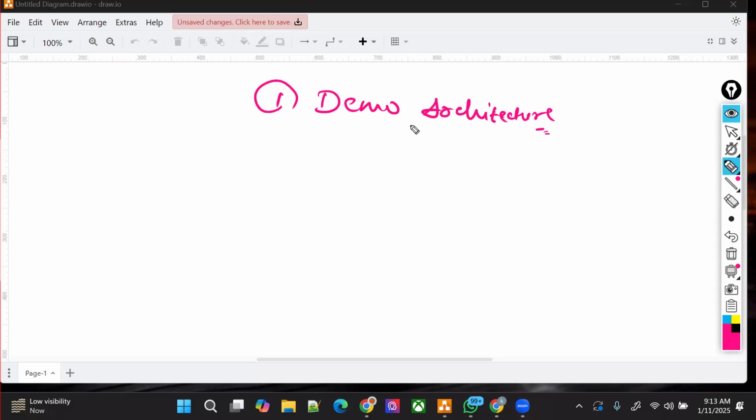That demo architecture I was talking about is the same architecture which I implemented in one of my organizations. It's not just a demo, it's a real world scenario. I implemented the same architecture in the real world, and it includes most of the components we talked about. It includes a traffic manager, an app gateway, a DNS zone, and also a firewall,